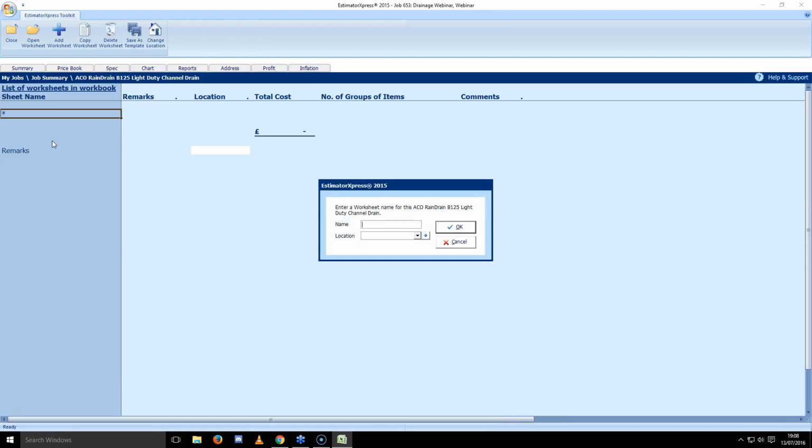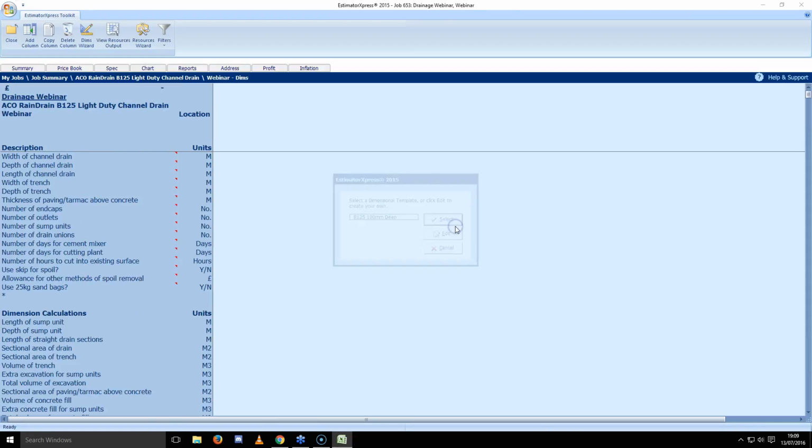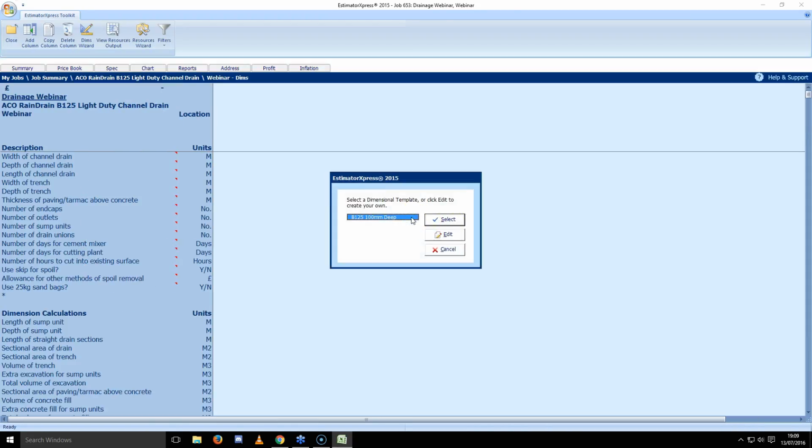and you will have, as you go through, the unpacking for first use. For this now, I'm going to enter a worksheet name for the rain drain. I'm going to call this webinar location. Now for this I could say driveway. Click OK, and I'm presented with one dimensional template there for the B125 100mm deep, so I'm going to select